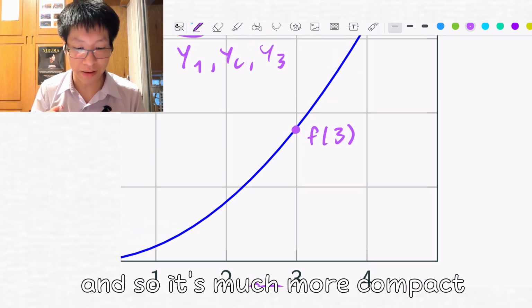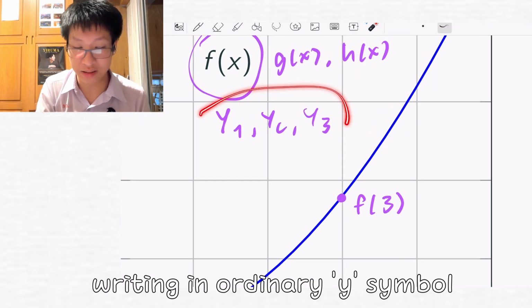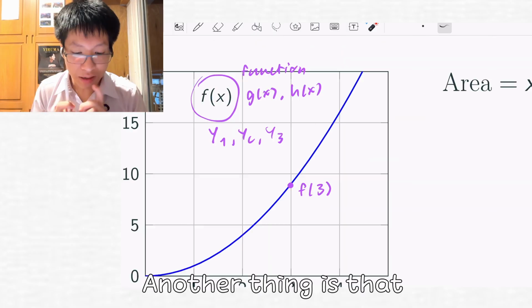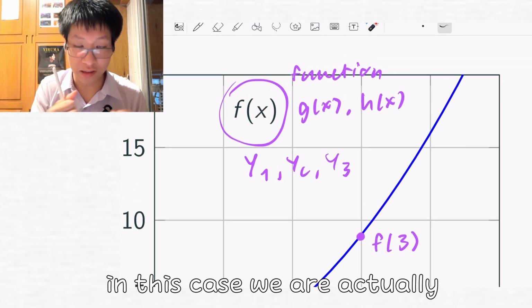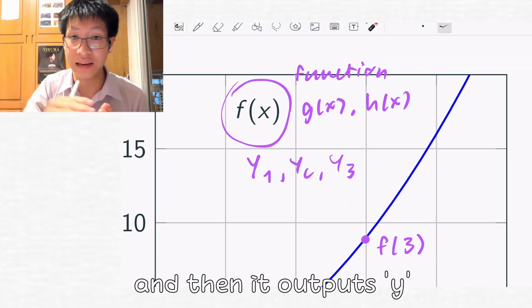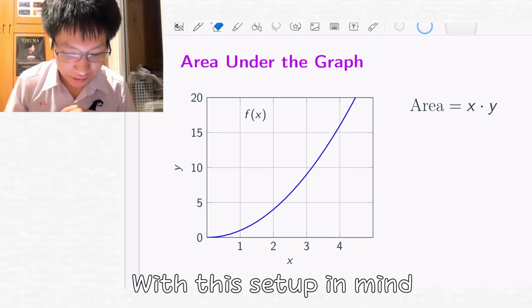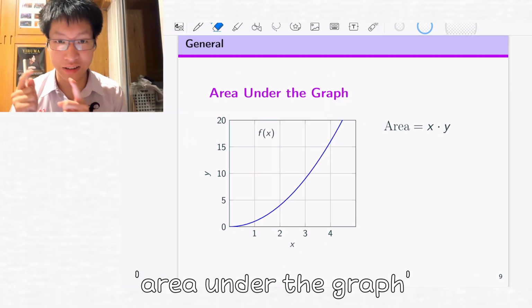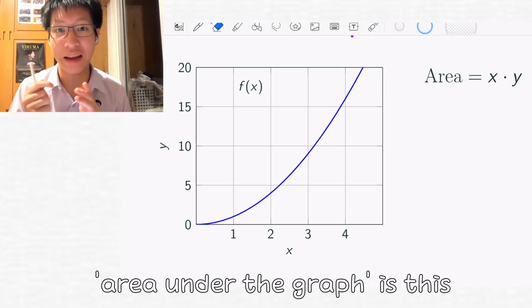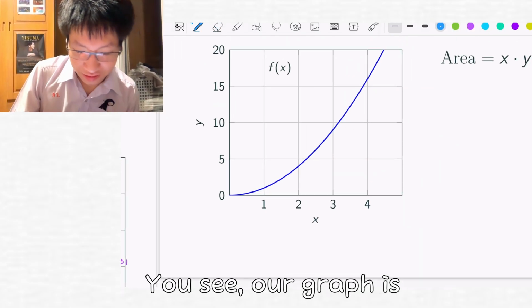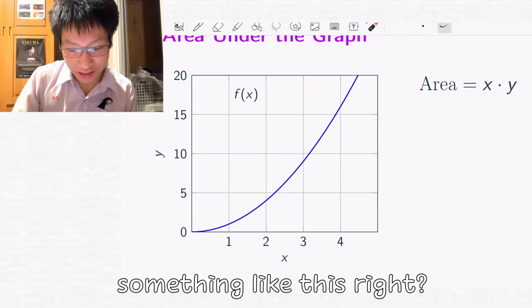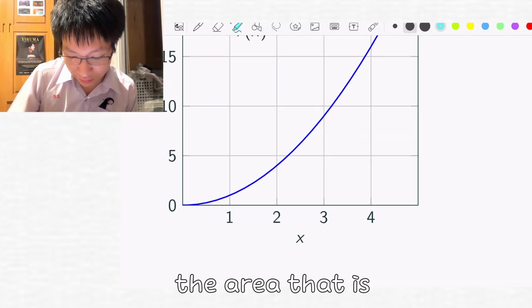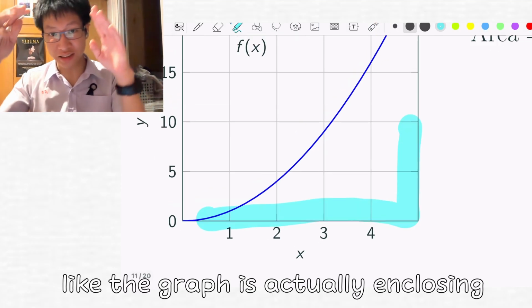And so it's much more compact compared to writing an ordinary y symbol. Another thing is that it's called a function because in this case we are inputting x and it outputs y. With this in mind, our task here is to determine the area under the graph. And what I mean by the area under the graph is this. You see, our graph is something like this, right? And the area under the graph is simply the enclosed area that